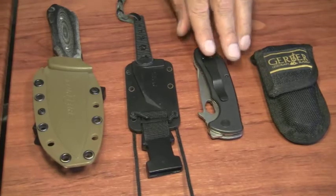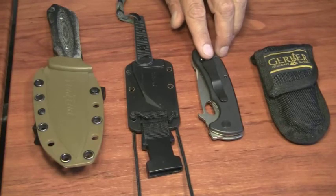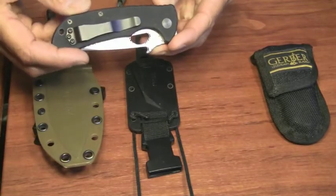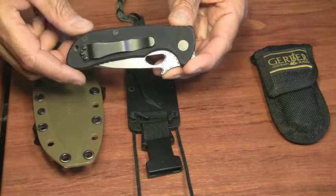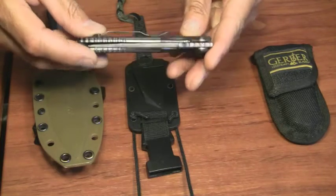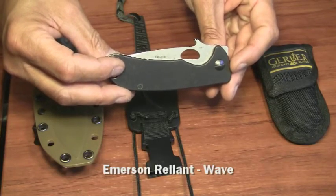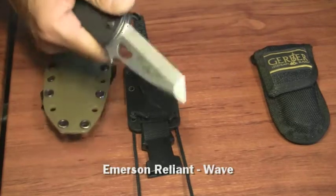The next type of blade that should be part of your everyday carry strategy and on your person at all times when practical is a folder. The clip allows it to be clipped usually to trouser pockets. This is a very sturdy folder. It's the Emerson Reliant Wave. It is extremely durable,